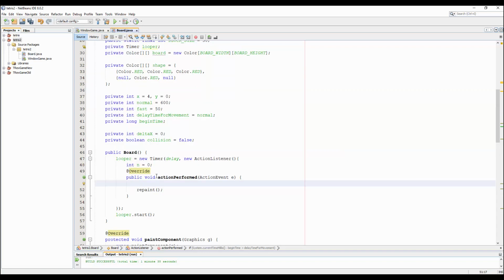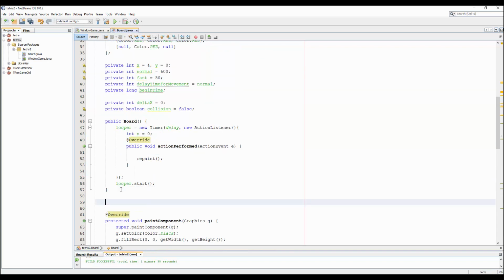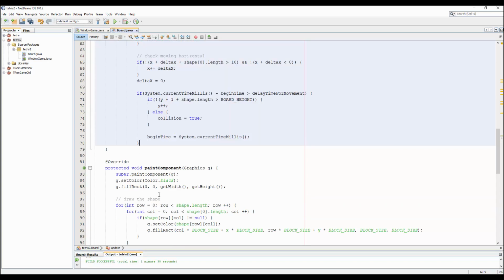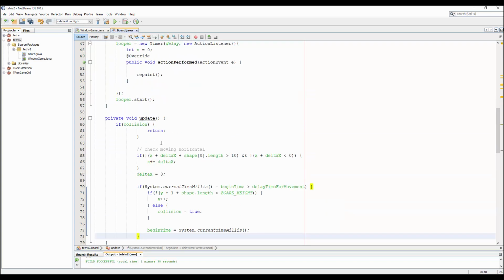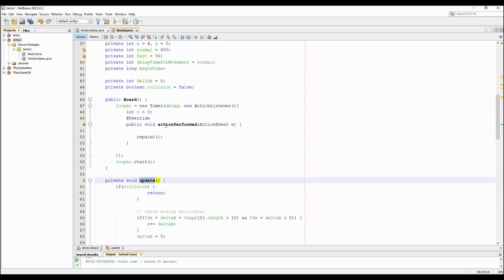I will copy all of this and create a new method. The name is update, and put all the code here. And just call the update here. Alright, then